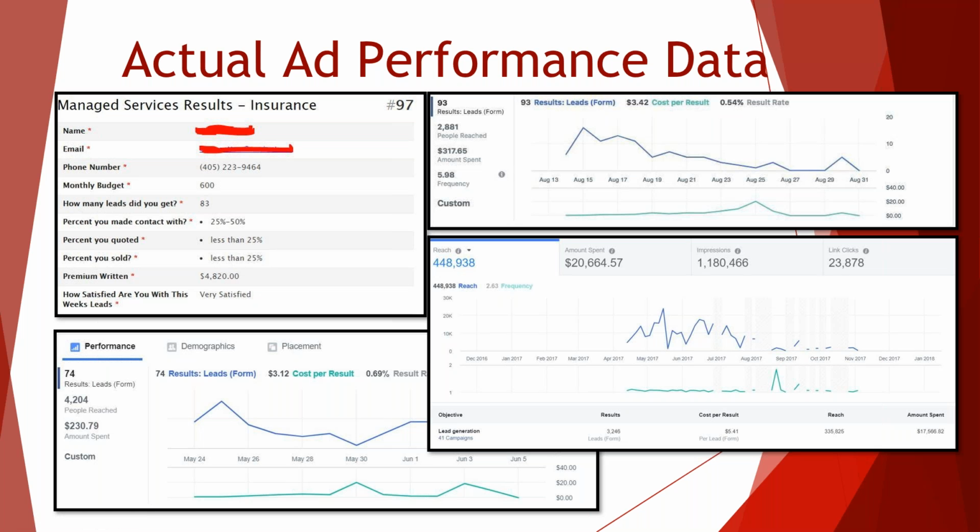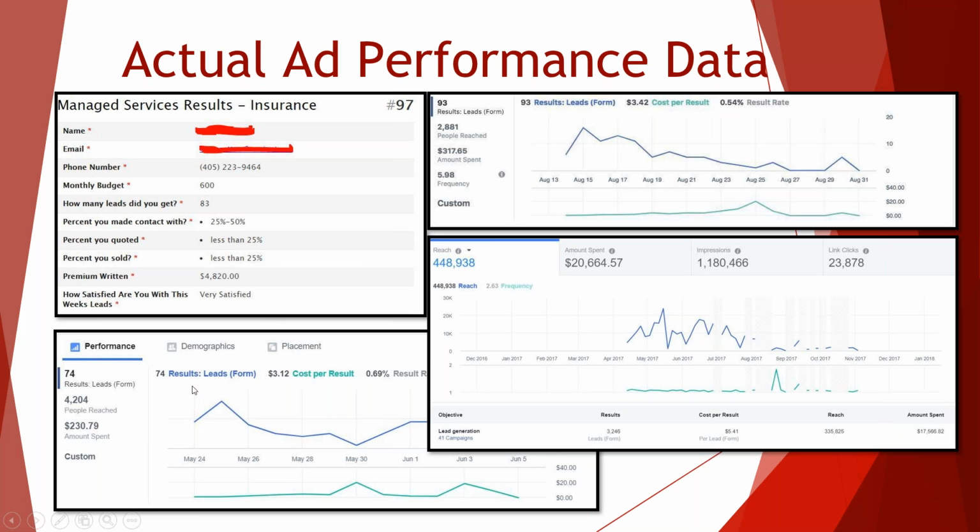So we do weekly results, and then we do a monthly recap. Typically clients are writing somewhere between $20,000 and $30,000 of new business premium when they're running P&C campaigns. Live campaigns are completely different, and it really depends on the type of policies that they're writing. But we'll show you some case studies in here as well. Here's an example of a P&C campaign that we ran. For about 2 weeks of August, we spent $317 and got 93 exclusive leads for him.